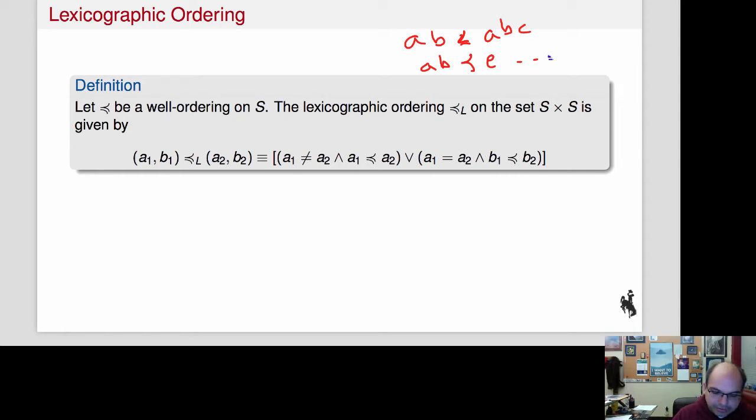But what we're going to do is define it only on pairs. So this is (A1, B1), and this is (A2, B2). And what we're going to say is, how do I know if (A1, B1) is actually less than that? Okay, and what we'll do is take two cases. I'm going to say that that's true